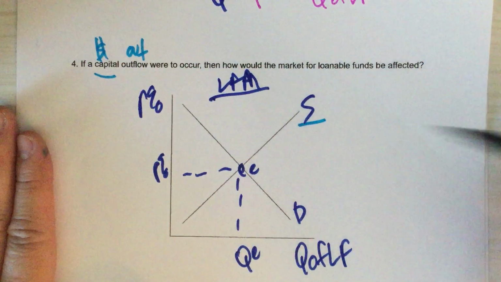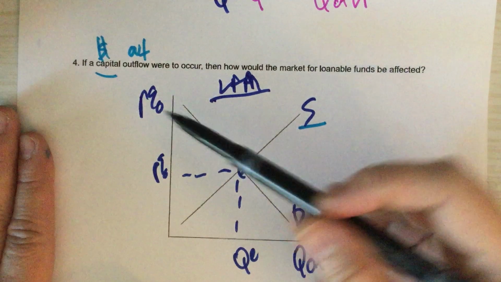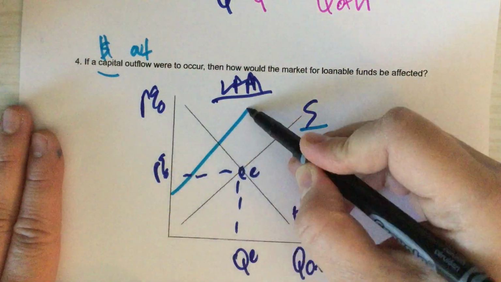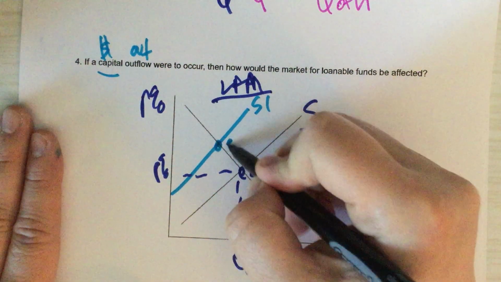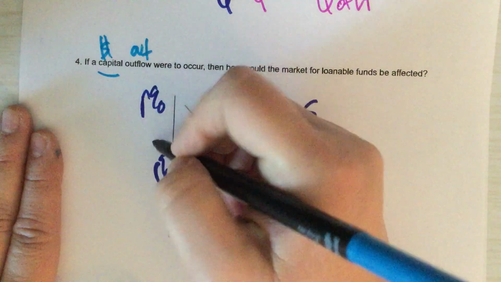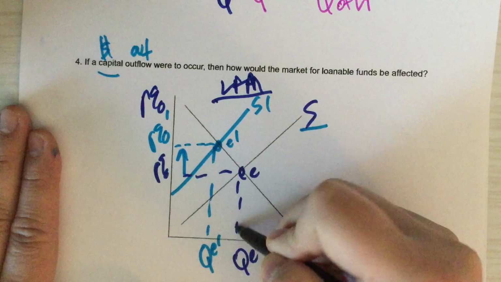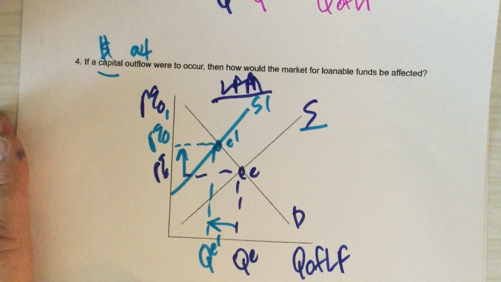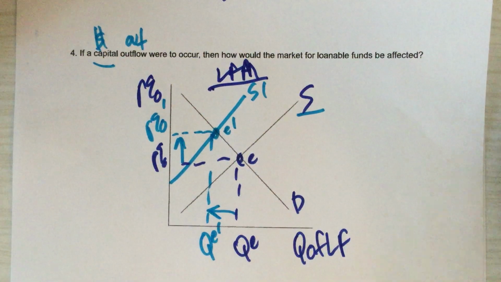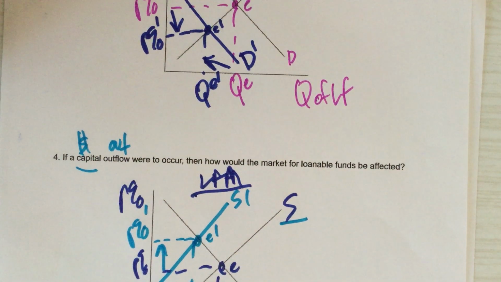This affects the supply of loanable funds. And if they're taking their money out of our economy, the supply of loanable funds shifts to the left. This is going to make the real interest rate go up and the quantity of loanable funds go down. And that's basically it. The one thing that you should remember are the 4 sectors of the economy that affect each of these curves.